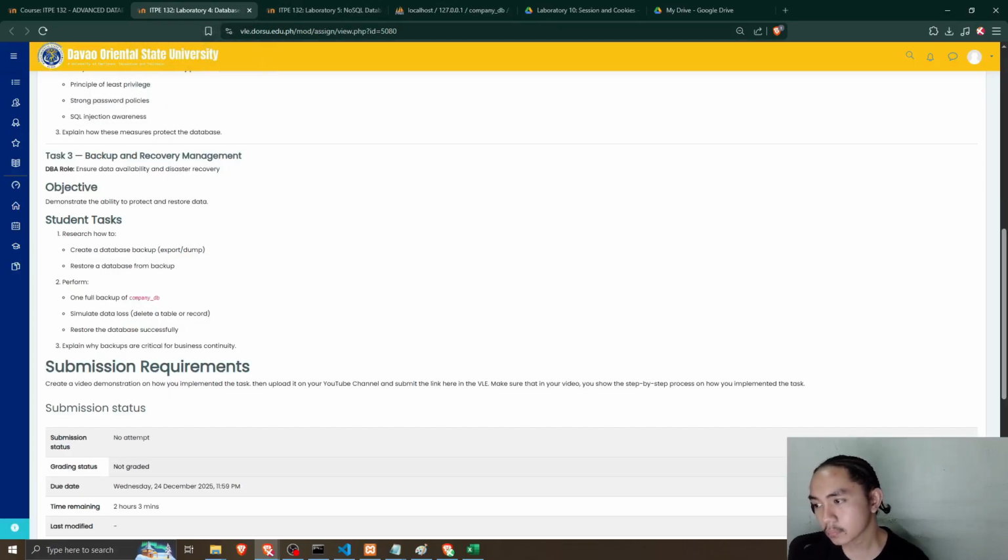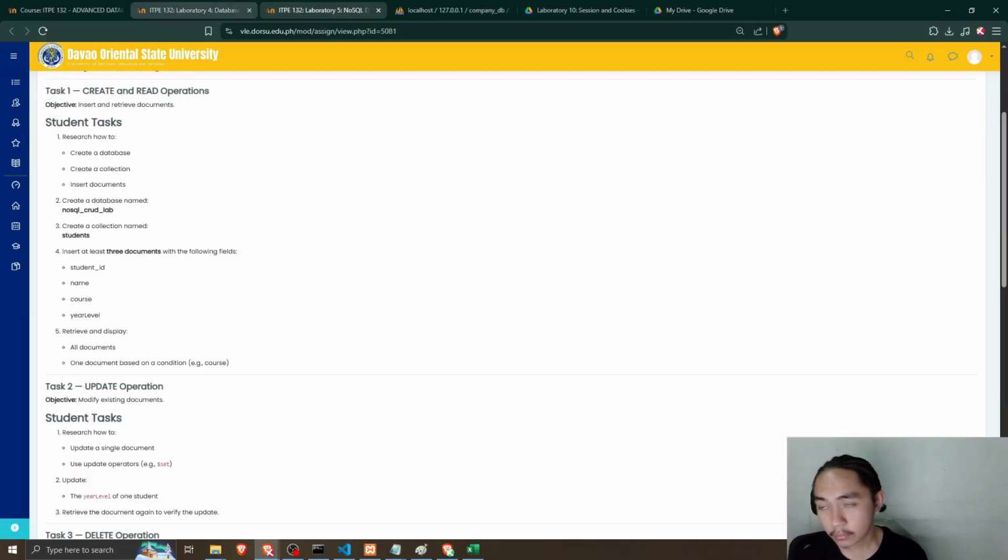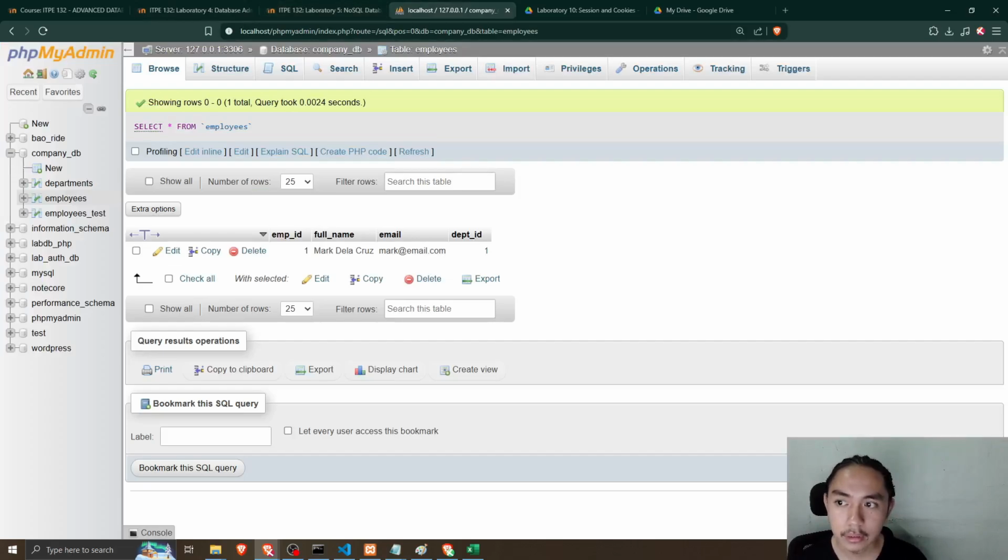So yeah, an explanation of why backup is important. Just like earlier, as you noticed, we deleted this table for the purpose of the demonstration, but we had an issue. Thankfully we had exported a backup, so we still get the records back.